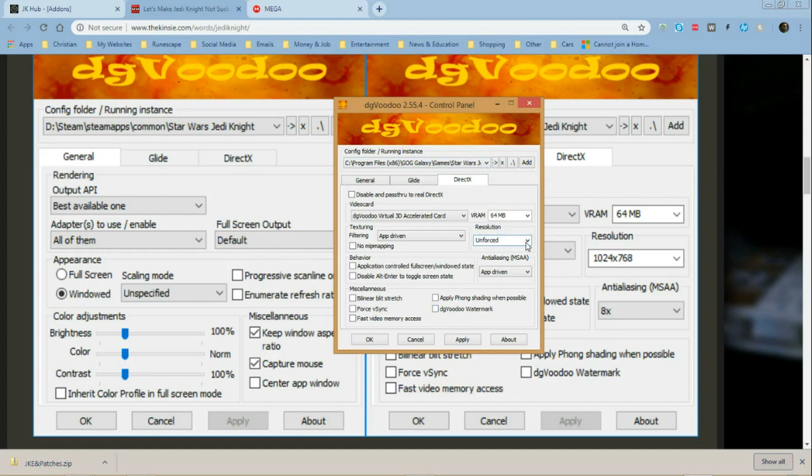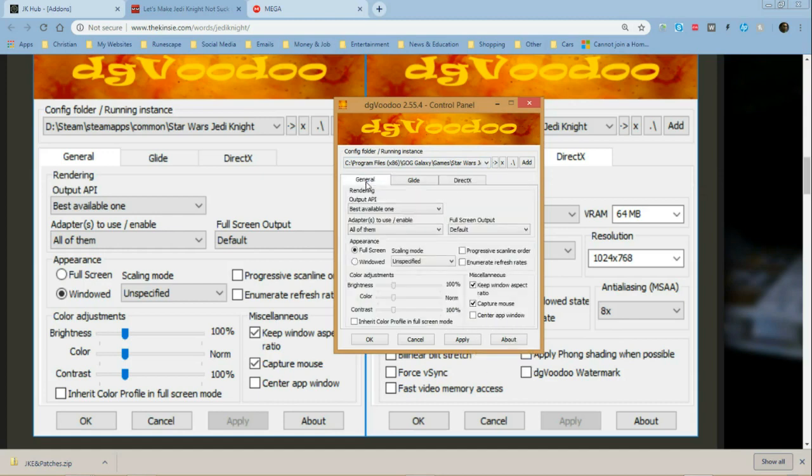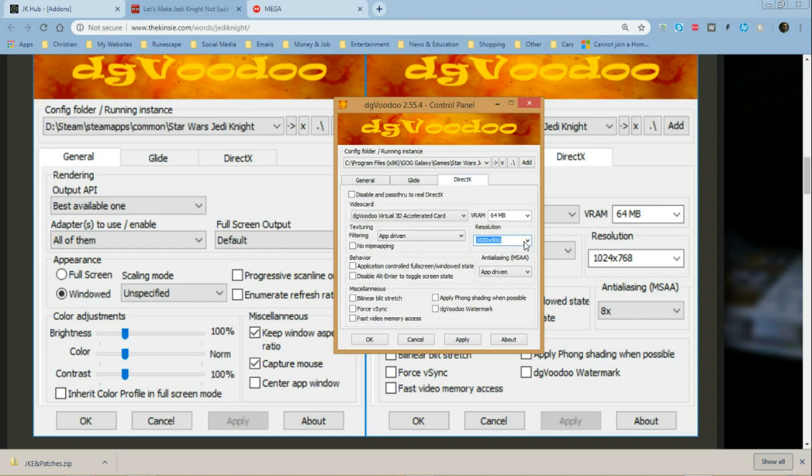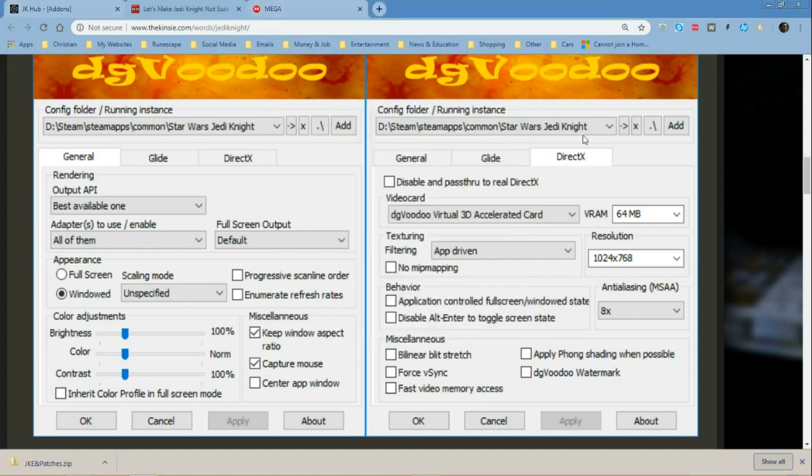Oh yeah, and then click on 1600 by 900. Well, no, that would be whatever your screen resolution is. Select that for this. Then hit apply, then hit OK. Okay, now